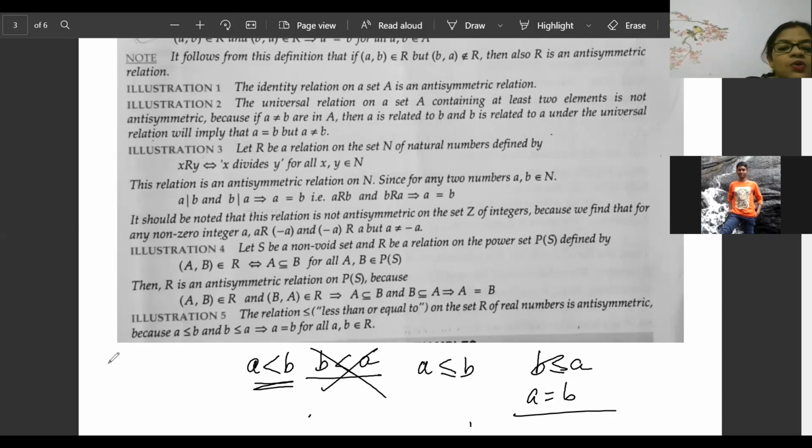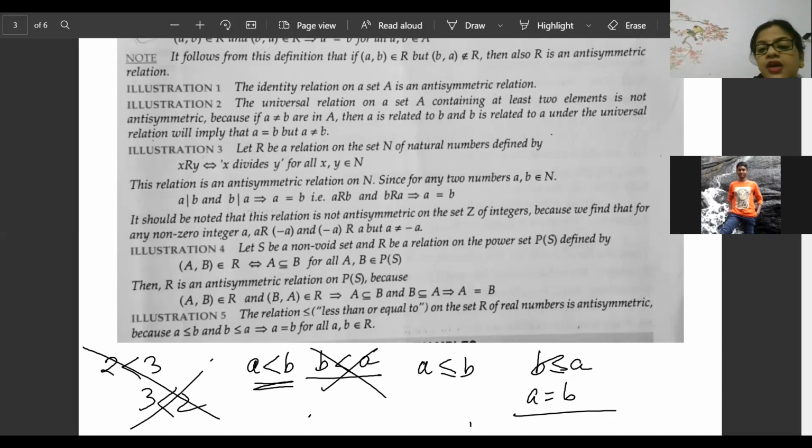But beta, look here, very particular. I'm telling one very important point. If A is less than B and B is less than A, then 100% this condition will not hold. In case of strict inequality, it will not be antisymmetric. One more time I'm telling, how can 2 be less than 3 and 3 be less than 2? So in case of strict inequality, it is not possible.